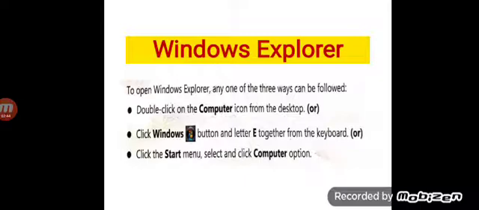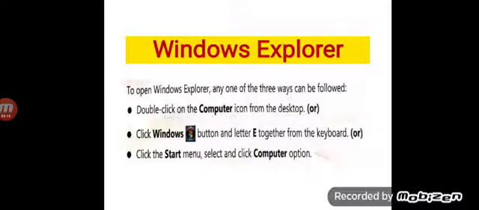Next we have is Windows Explorer. Okay, what is Windows Explorer? Windows Explorer is the file and folder manager of the operating system. Right? All the files and folders are managed over there. Okay. The fundamental purpose, the main purpose of Windows Explorer is to view, open, copy, move, and manage files and folders present in the computer.